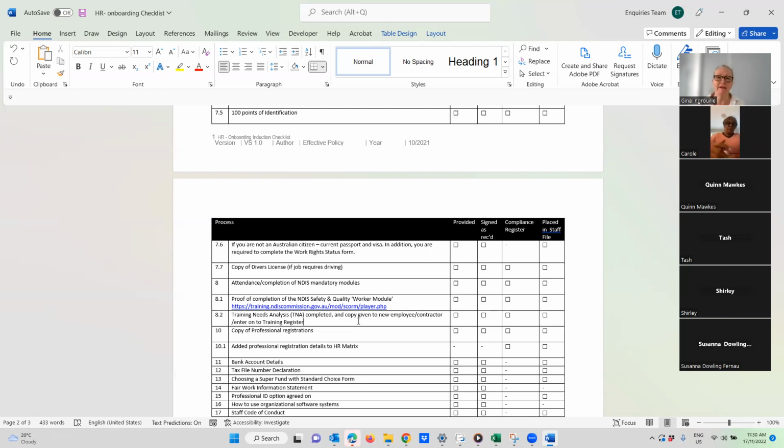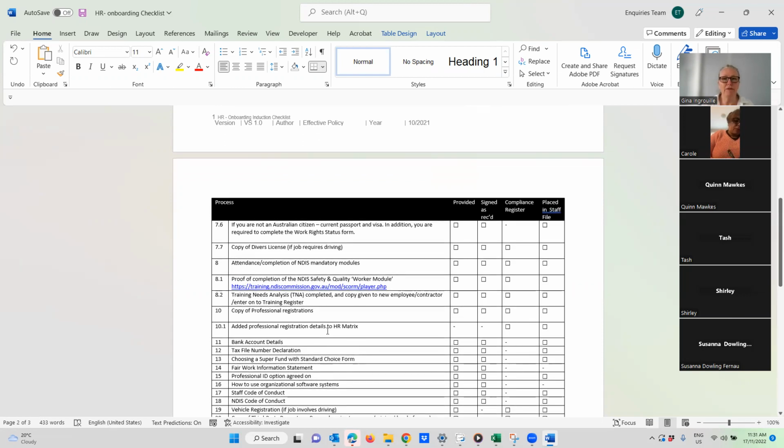Some are struggling to come up for air. I really do. But as with the quality improvement maturity scale, the more people get everything under control, the more they'll be able to focus on innovation and quality. So there's that proactive versus the reactive, and some people are getting there. They're really starting to fill out their training needs analysis, which should be done on onboarding, and then it should be done at a performance appraisal as well. Any professional registrations that a person has must be there, copies of them as well.